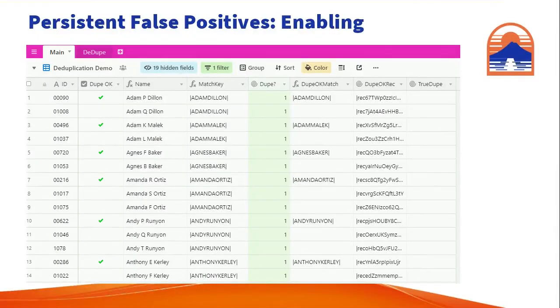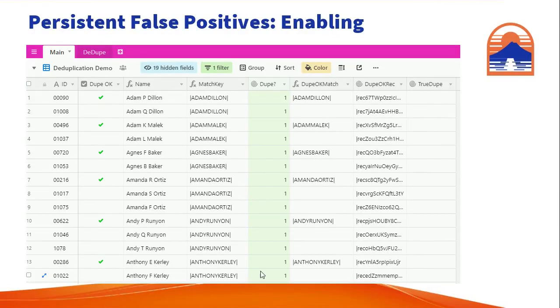Now I know that sounded like so much gibberish, but it'll make more sense when you see it in Airtable itself. This is the 1000 record example base again, filtered to show only those records where dup == 1. I've already gone through and tagged all of the duplicates as representing false positives by checking dup OK. As you can see, this has resulted in true dup being cleared, which in turn clears the visual flags highlighting